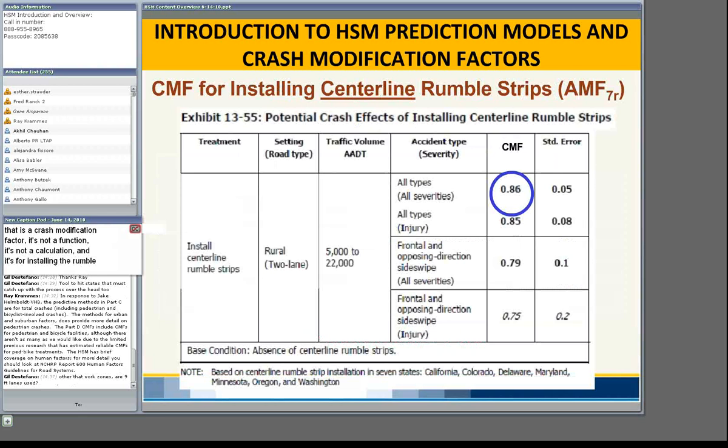here's a crash modification factor. Again, it's just a factor. No calculations required. It's for the presence of left turn lanes. And it's